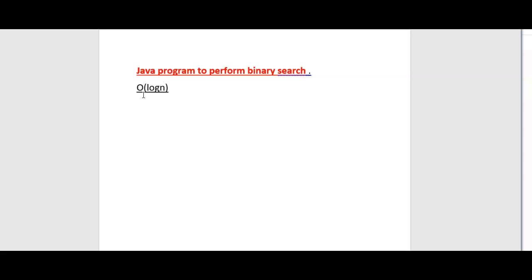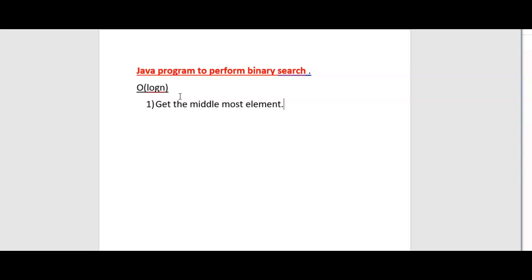Here are the three important steps to understand how binary search works. First, we need to get the middlemost element. We have a formula to do that.